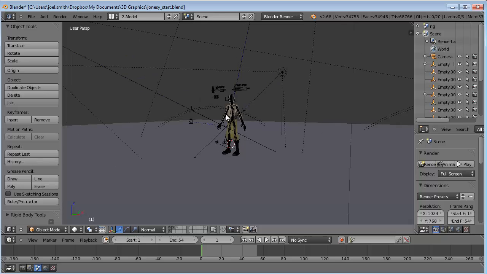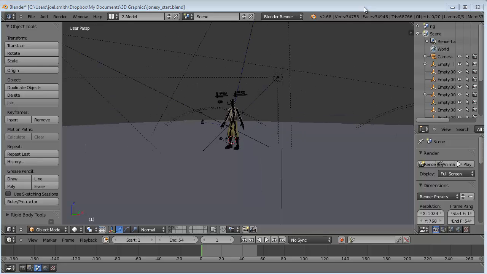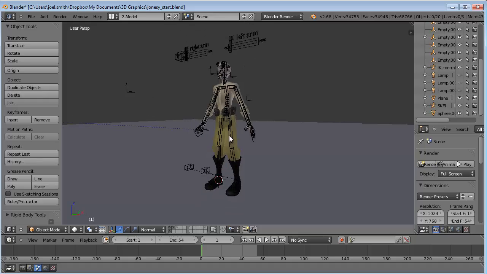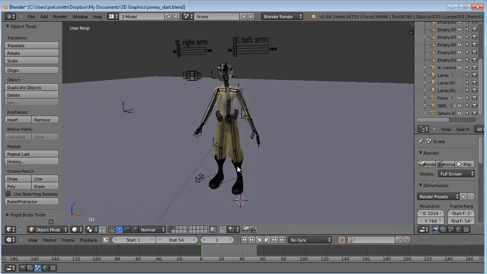So the first thing I like to do, there's a lot of clutter in here, and we're going to get rid of a little of that clutter because a lot of it are these cameras and the zones that they are using. So we can get rid of those cameras and all those lines that go with them. So over here, if you still have the outliner sheet, it might be on your left side, but wherever it is, if I find the 3 lamps that are being used, I can just click the eyeball and get rid of them. They're still there, the lamps are still there, they're just not showing up. So that makes it a little bit easier to see what I'm working with. And everything else, just about everything else we're going to use. So there's a few other things, but